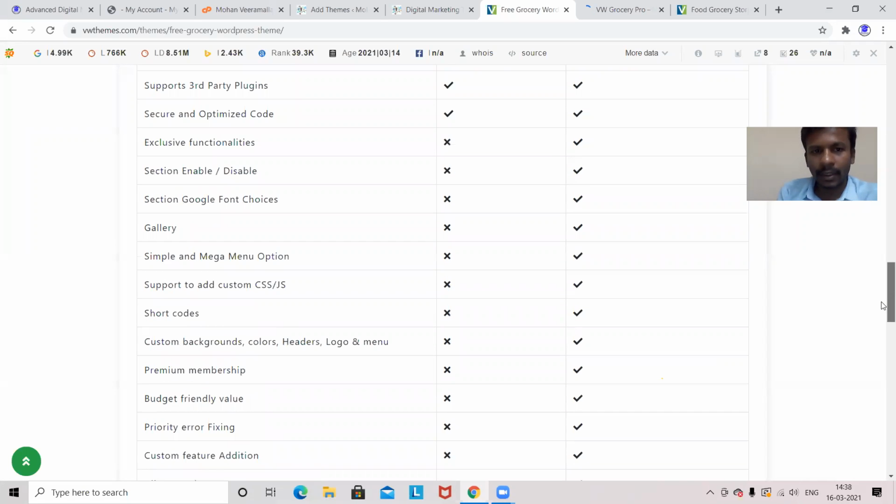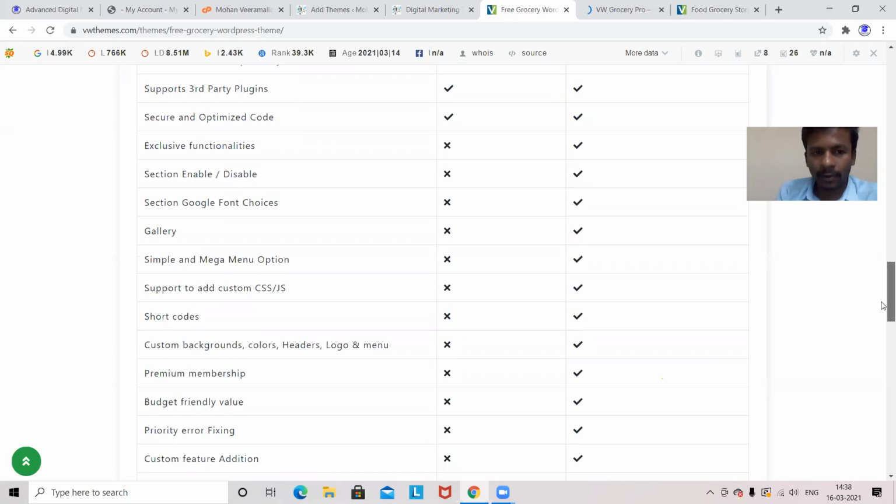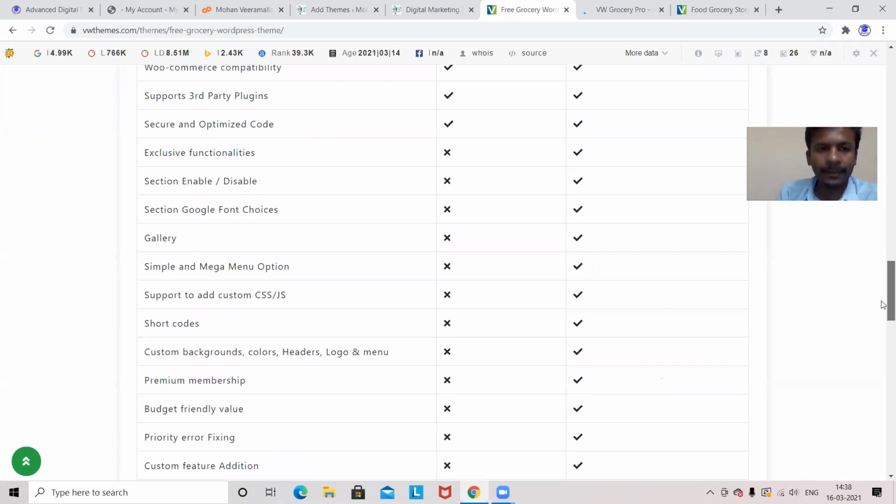You can see here at the bottom, secure and optimized code. Exclusive functionalities: some major functionalities will not be available. That may be the animation part, sometimes it will not be available. And Google fonts, that means we can't change the font of the content inside the theme. So lots of restrictions are there.